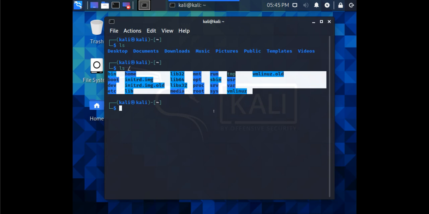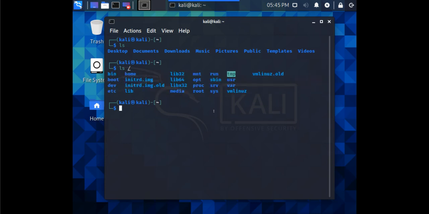And if you want to go to some directory, then you will use the cd command, and then the path will be like this. In Windows the paths are like C drive and so on, but in Linux everything is under slash, and then wherever you want to go, like I want to go to cd /etc, you can give the path and you will go to that directory, and the directory name you will see here.